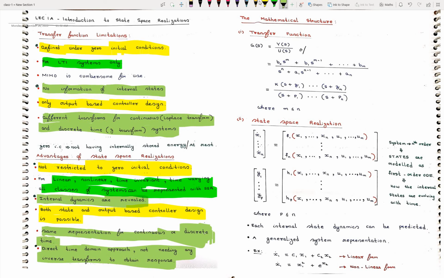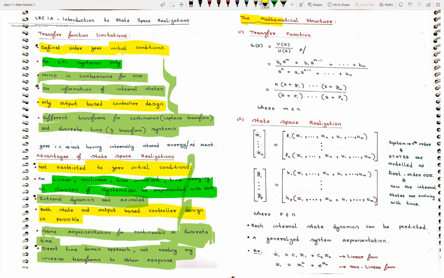And one more disadvantage of the transfer function is that for a MIMO system it is difficult and cumbersome to use. So I have highlighted here the major limitations of the transfer function and the major advantages of state space realization. Now coming to this side,